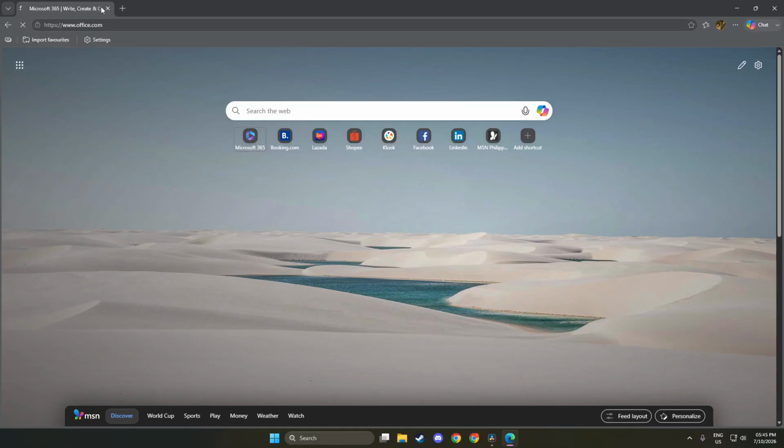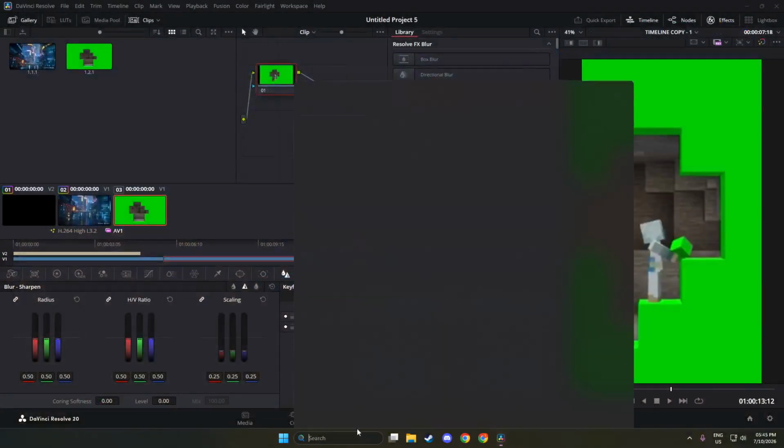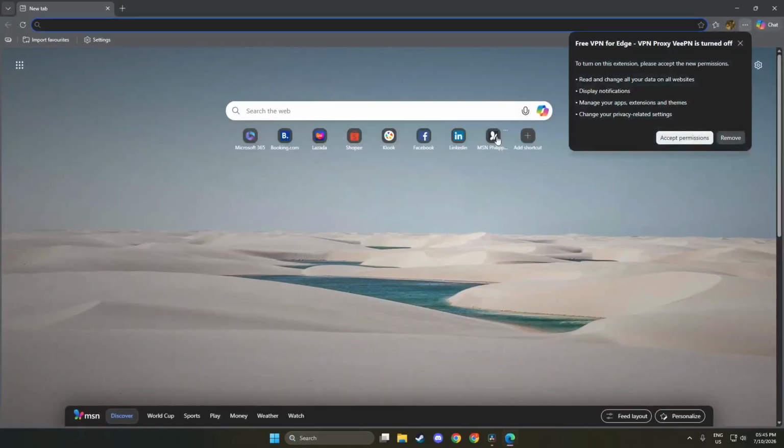Finally, remember to restart Microsoft Edge to apply the changes effectively. You can do this by closing the browser completely and then reopening it. Once Edge restarts, it will run according to the new settings you've just configured. This final step ensures that the changes take effect and that you can enjoy a smoother browsing experience without unnecessary background activity. You should feel confident that you have successfully optimized Microsoft Edge for